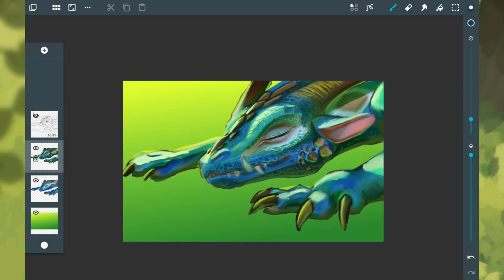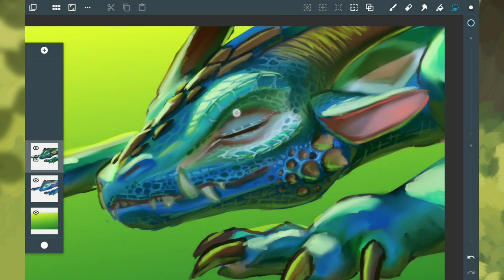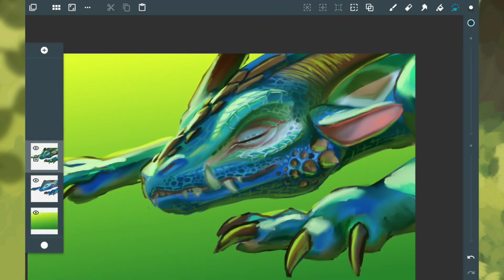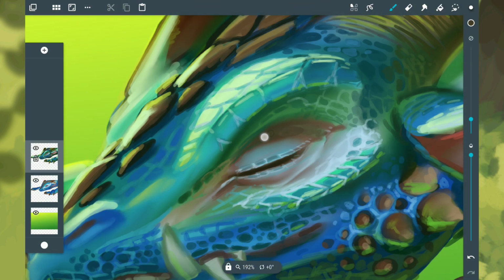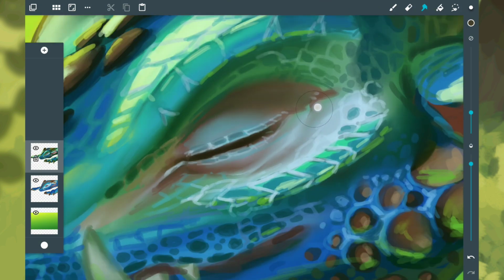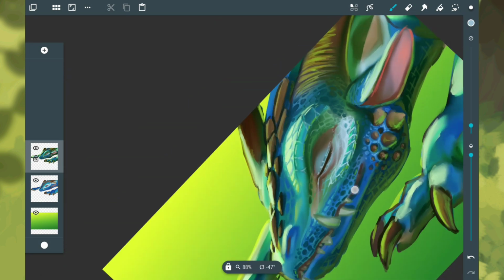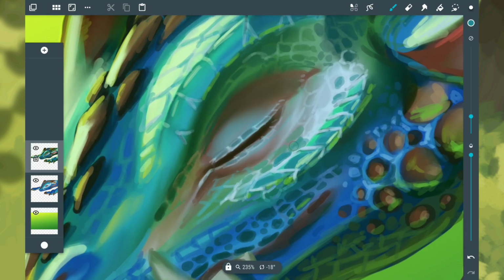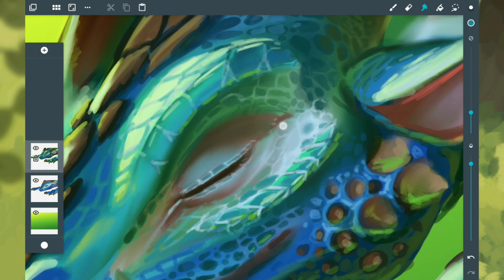So this is the second sitting, and straight away I noticed the eye was just way too big. So I readjust the eye and color back in around the socket, and I do think that makes a pretty big difference. I do have a problem with drawing my eyes too big, so quite often I'll find myself resizing them,